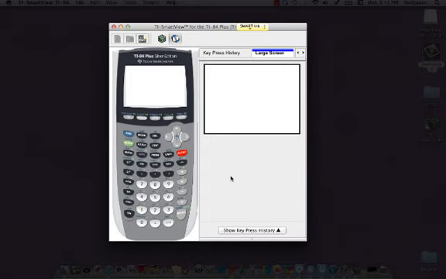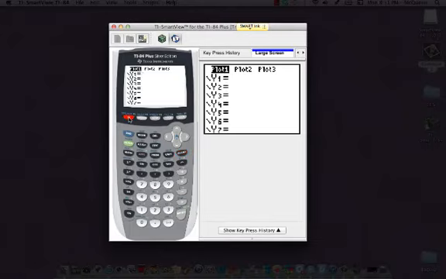So this is a quick video on how you can find the point of intersection graphically on the graphing calculator. And we're going to start off by punching in our system of equations. And so I'm going to punch in two lines, and I'm going to go up to y equals to punch